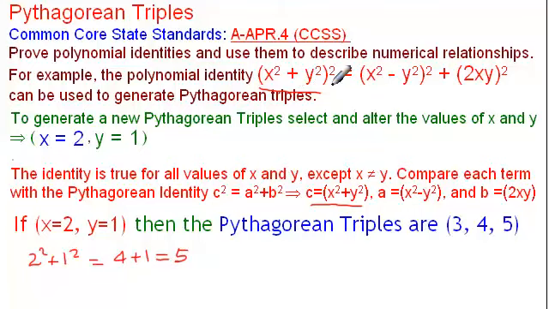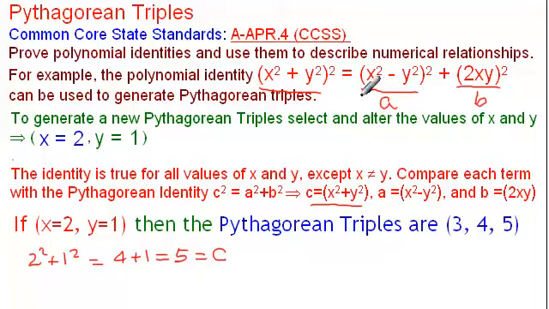So this is one number, we got it, that is this one, and this part is going to be A, and this is going to be B. So this is leg A, leg B, and this is hypotenuse C. So I found when x is 2, y is 1, the value of C is